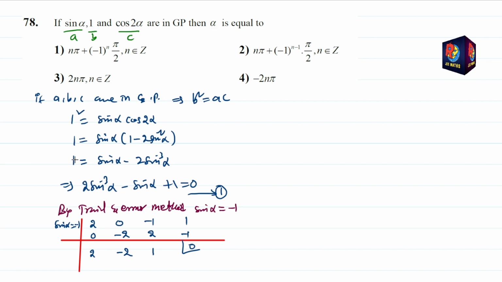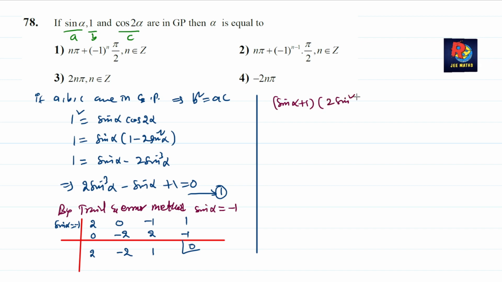So now we can write these values. Sin alpha plus 1 into the quadratic equation 2 sin square alpha minus 2 sin alpha plus 1 is equal to 0. One is sin alpha equals to minus 1, and another one is,